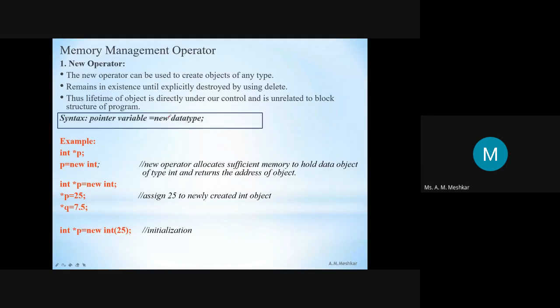होता है, जो न्यू ऑपरेटर है ना, ये एक पर्टिकुलर सफिशिएंट मेमोरी स्पेस अलोकेट करके इस डेटा टाइप की एक एड्रेस रिटर्न करता है, कि मैंने यहाँ से लेकर इस एड्रेस की मेमोरी अलोकेट की है इस वेरिएबल को। इसलिए हमें लेफ्ट हैंड साइड में पॉइंटर वेरिएबल लिखना पड़ता है, क्योंकि वो एड्रेस रिटर्न करेगा ना, और एड्रेस कौन होल्ड करता है, पॉइंटर वेरिएबल। So whenever we use the new operator, we have to use the pointer variable along